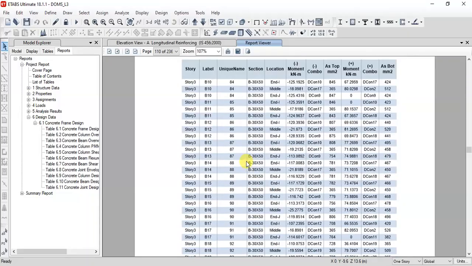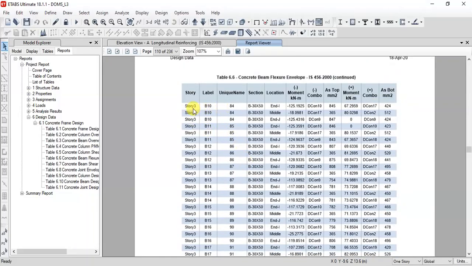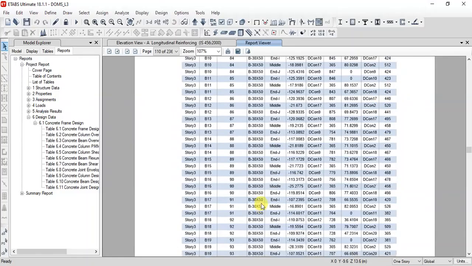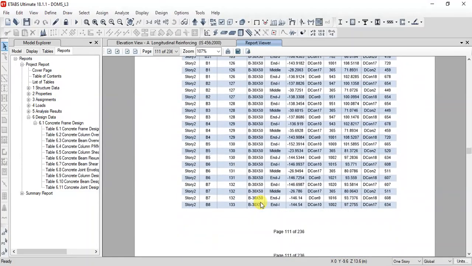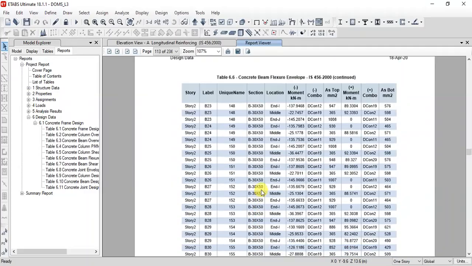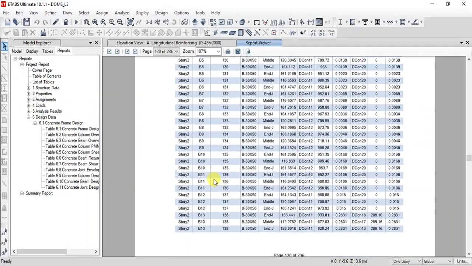Okay, you can see here in the result, for story 3 at different beams, what is the amount of reinforcement that needs to be provided at top and bottom. So all these details are available, which will be useful for us to do the detailing work.